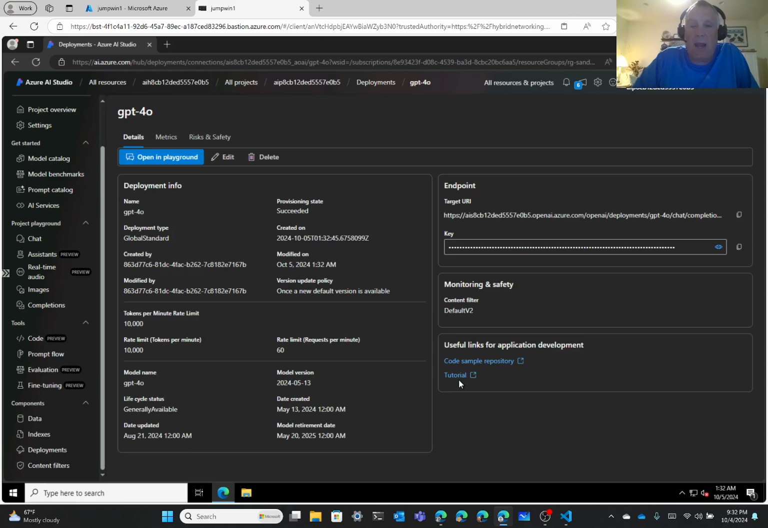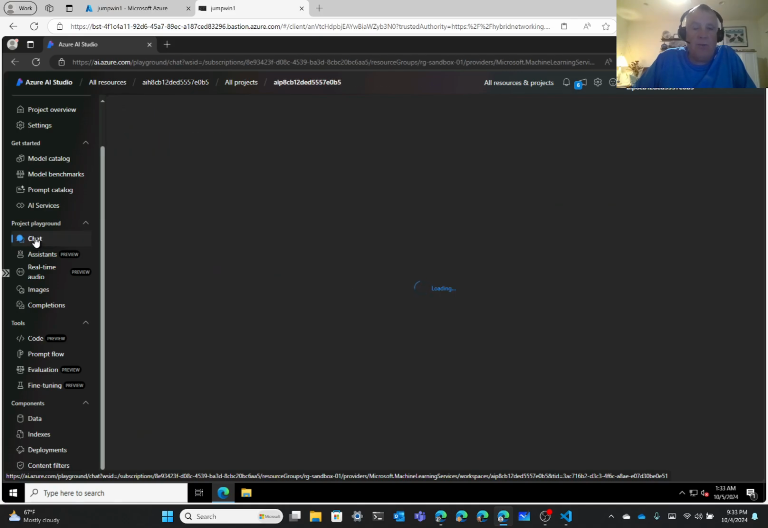So that's almost instantaneous. You can see that the provisioning state is succeeded. And we have all the different keys and URIs that the AI Studio Hub and the project will use to communicate with OpenAI and that GPT-4o model that we just provisioned. So what can we do to test this model out and see if it's working? One of the easiest ways to do that is inside the chat playground. So if I go into chat here,